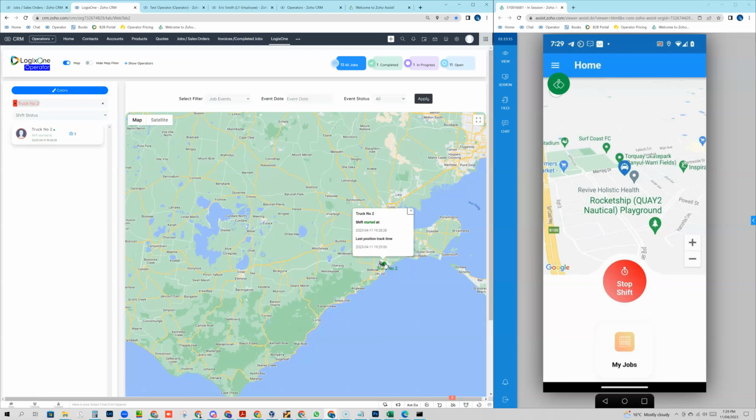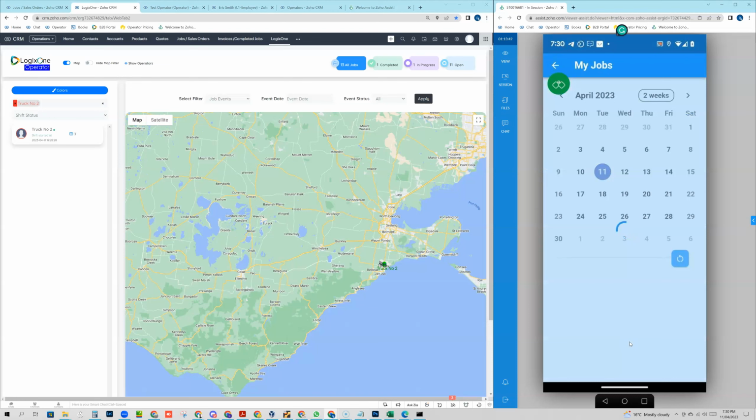So if I click on truck number 2, you can see here that their shift started and the last time that their position was tracked, okay? And again, if this device moves, you'll actually be able to see the operator position moving. All right, so you can see that the operator has logged in. Now, the operator has logged in, they've started their shift, and now all they need to do is click their